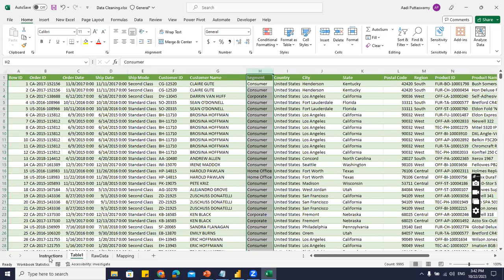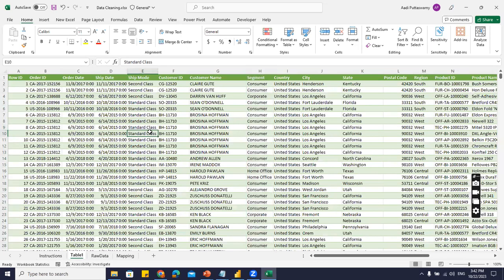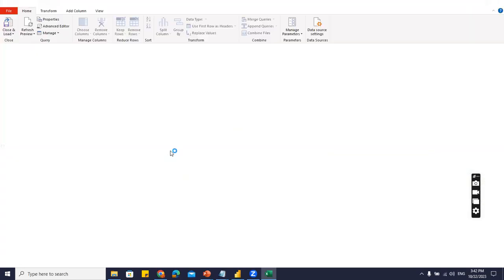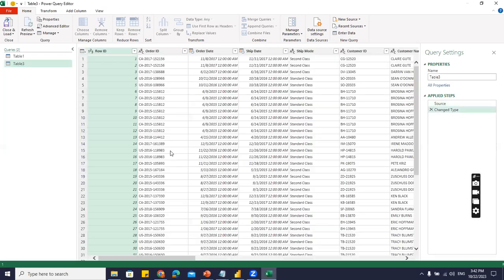Right. What is the next one? The next one says get week name, month name, quarter name, change the date format, get year. So I'll go here, and here we have Data, From Table or Range. I'll say okay. I'm coming to this Power Query editor. So let's try to modify whatever